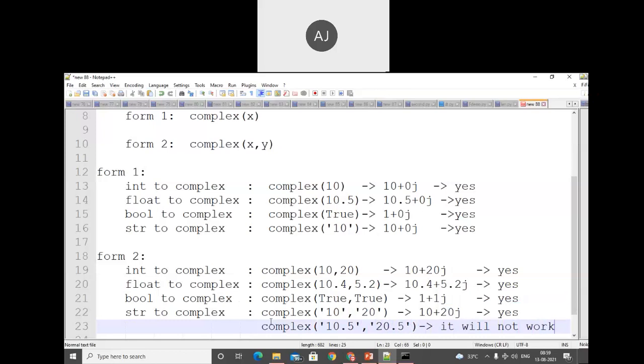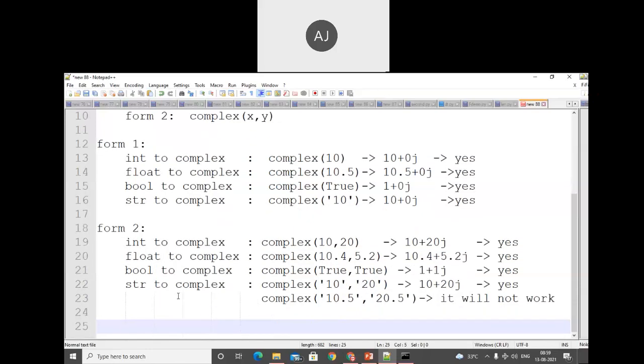The reason behind that: in the complex number, while passing a string value, that is string to complex, the first number is the real number. In the real number we can use fractional numbers as well as integer numbers, but we cannot use a fractional number in the imaginary part in string operation.